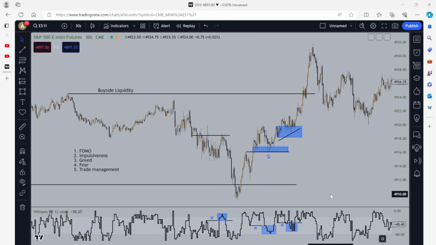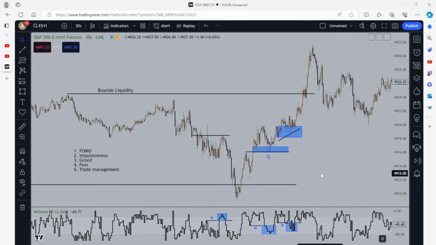So if we go back to ICT's content, a lot of you guys are going to be familiar with the SMT divergence. Typically when we have SMT divergence in the price chart, say with NASDAQ, S&P and Dow, say S&P came down here and took out this low, but NASDAQ and the Dow Jones failed, this indicates to us a change in state of delivery. So what is this down here in the market maker model? This is the smart money reversal.